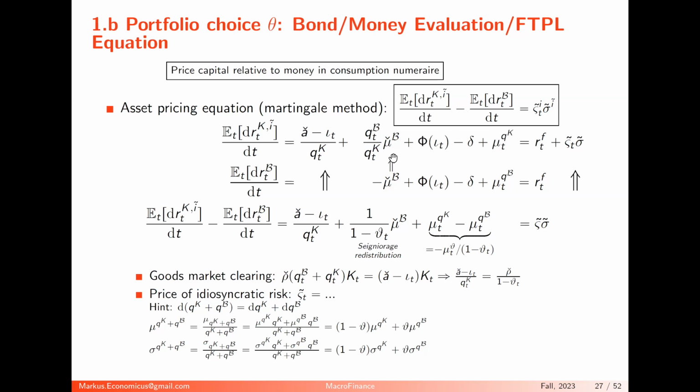The new term is this guy here. What is this term? That's a seigniorage term. If the government prints at a faster pace, it creates some seigniorage and lowers the taxes on the capital. So this improves the capital return. So that's the expected capital return. The required capital return is the risk-free rate plus the price of idiosyncratic risk, this with tilde, times idiosyncratic risk. We always had this. We just have now this for idiosyncratic risk, so we have little tildes on top of it.